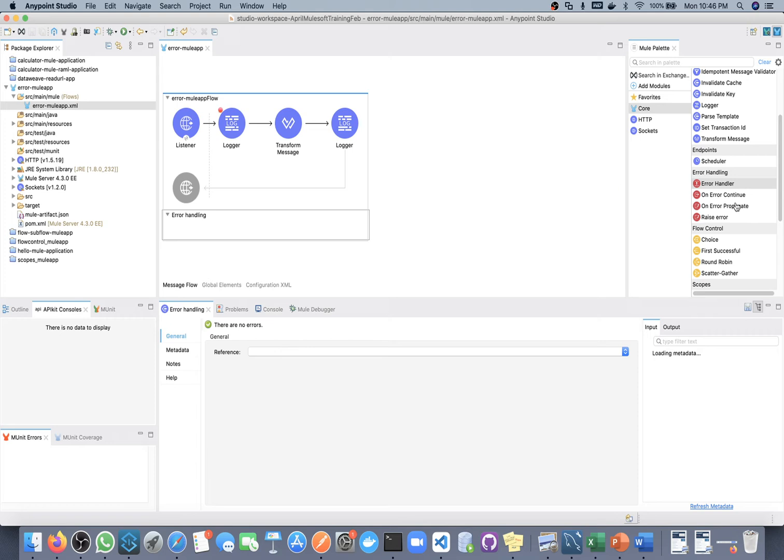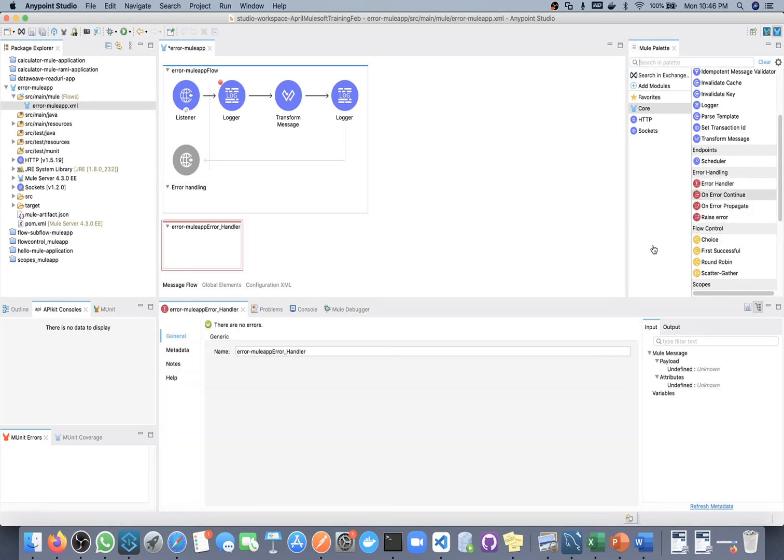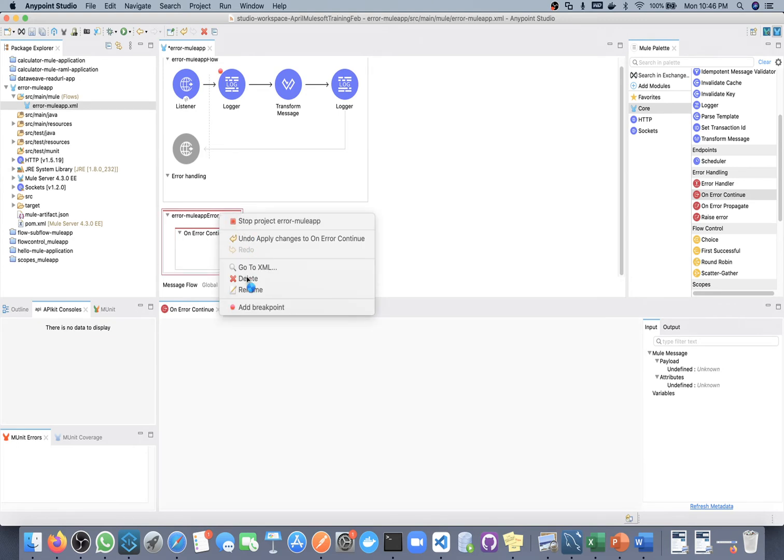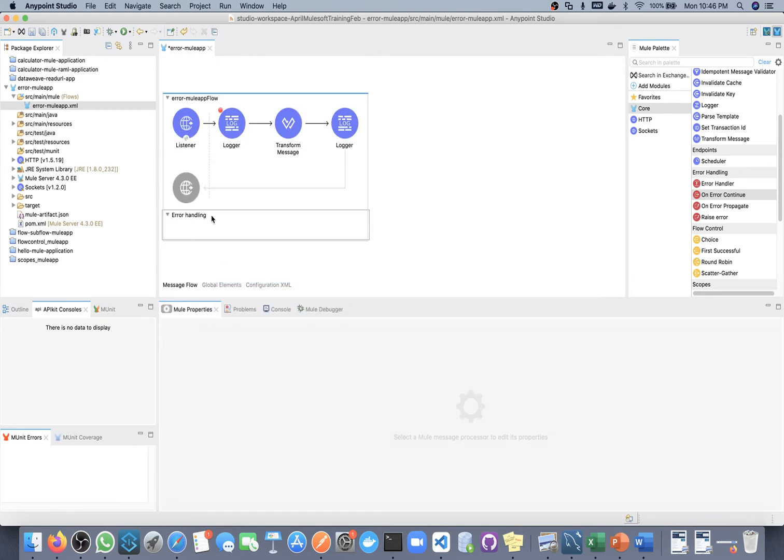But if you want to use this error handler component somewhere else outside of your Mule flow, then you first have to drag and drop it, and then you can use it. But what we are going to do, we already have the error handler inside this Mule flow, so we are going to handle errors inside this only.